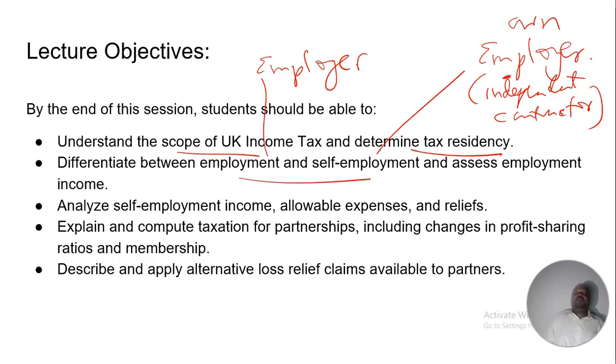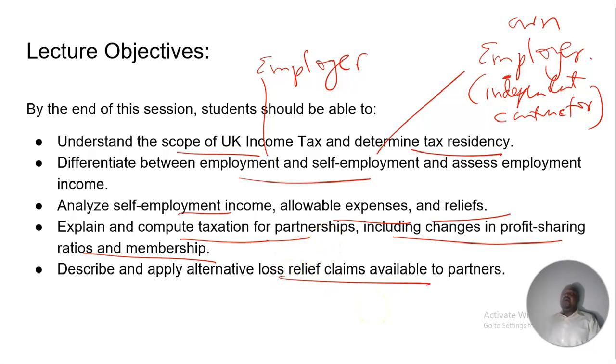you need to be able to analyze self-employment income, allowable expenses, and the reliefs. You should be able to meet that objective. Then you must be able to explain and compute taxation of partnerships, including changes in profit sharing ratios and memberships. Then lastly, you need to be able to describe and apply alternative loss relief claims available to partners. So these are the objectives,